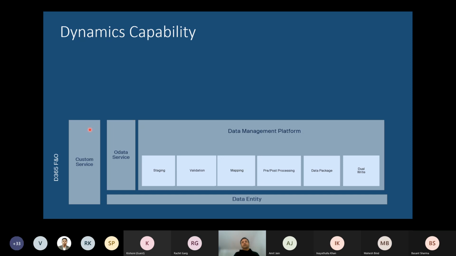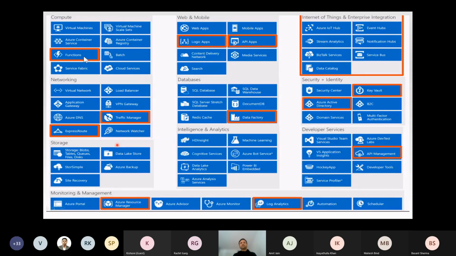But in my landscape, the way I see this, it is all there, but still it is not complete. It does help, but it does not help when you're looking at huge transactions, multiple scenarios, and kind of multi-country rollout and 100, 200, 500 integrations and things like that. So when it comes to a volume scenario, then we need to think a little beyond Dynamics, and that is where the possibility exists in Azure.